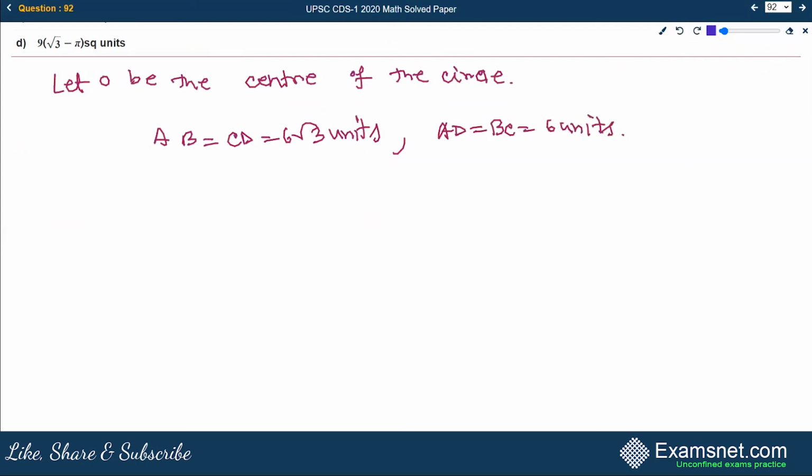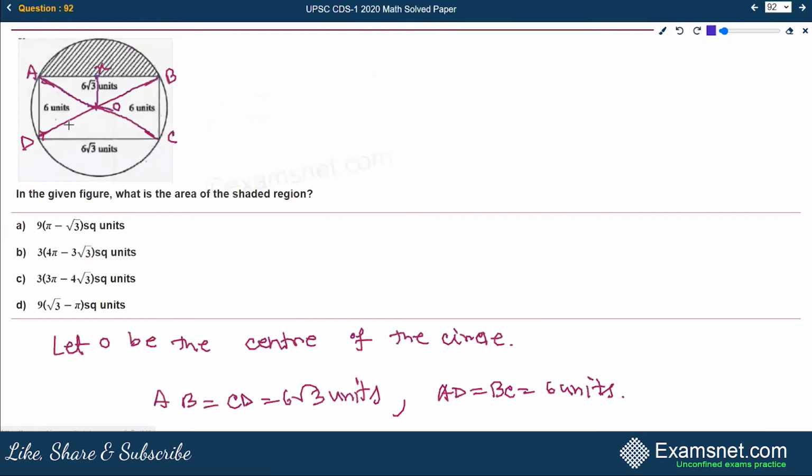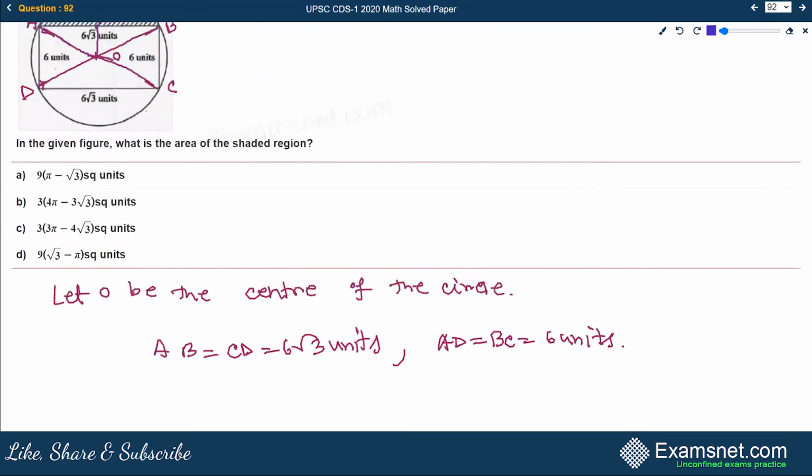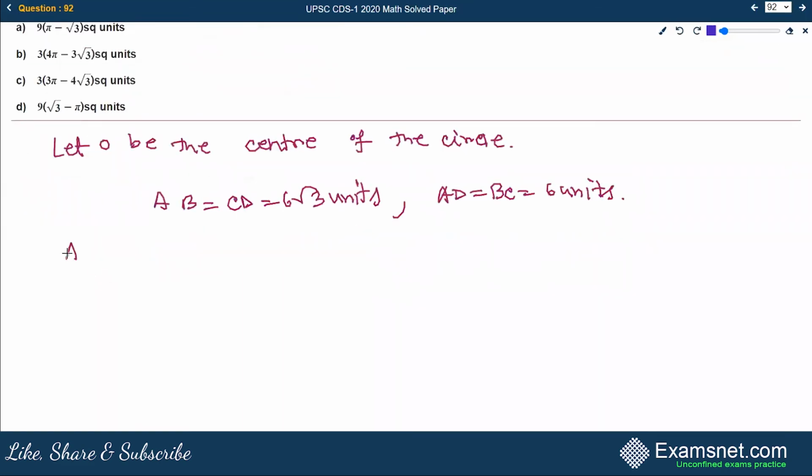Now since all the angles are 90 degree, we can apply Pythagoras theorem in this right angle triangle BCD or ABD. So applying Pythagoras theorem